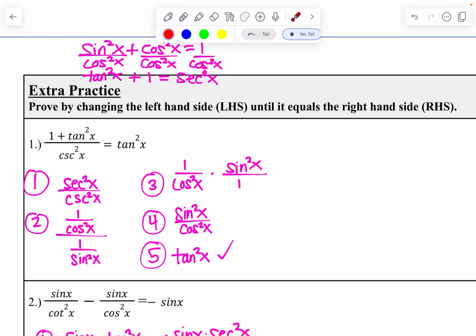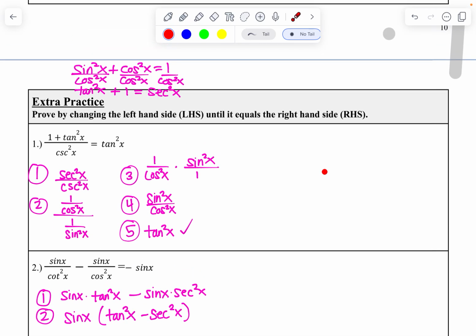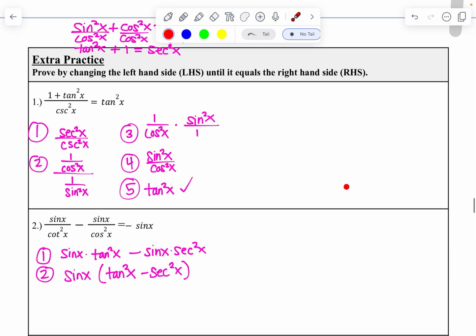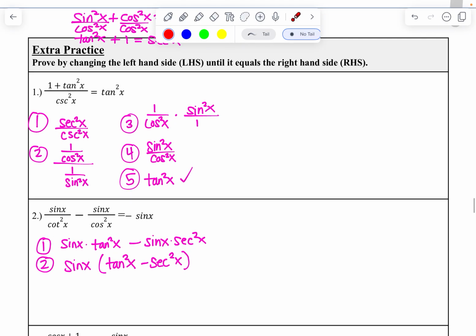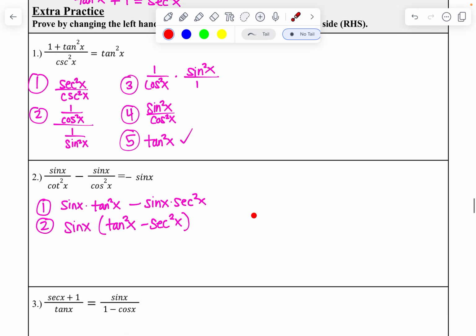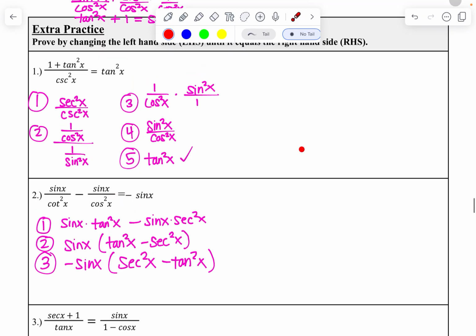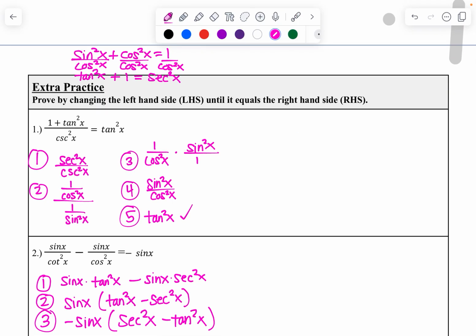So if I subtract the tangent squared over, I'd have secant squared x minus tangent squared x. So we're just the opposite sign of what we need, so we can take out a -1 and have negative sine of x times the secant squared of x minus the tangent squared of x. We also kind of had a clue we needed to do that because somehow we needed to end up with the negative sign. But so now we've got that identity, because again, if I subtract tangent squared x over here,